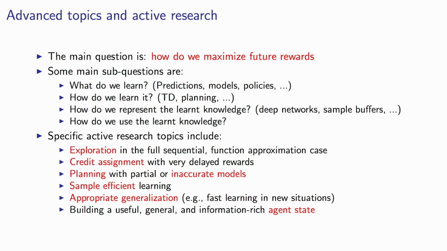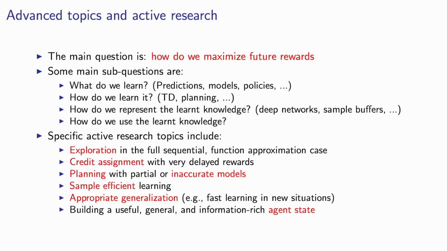And it's still somewhat of an open question, or maybe quite a big open question, how to best use models if you know these models are either partial or inaccurate. Now, of course, there's always more work possible in sample efficient learning, because a lot of the algorithms that we use these days still use quite a lot of samples. Maybe this is related to the previous point. If we can learn these models, maybe we can be more data efficient. This used to be the case when we were doing smaller RL problems, but it hasn't really transferred yet to the deep RL case.